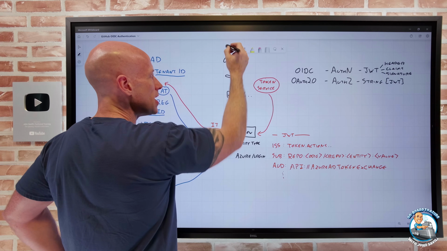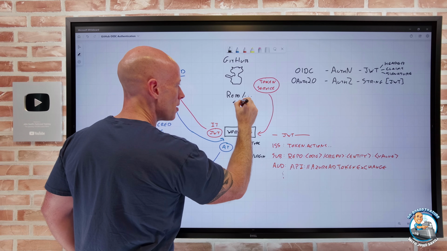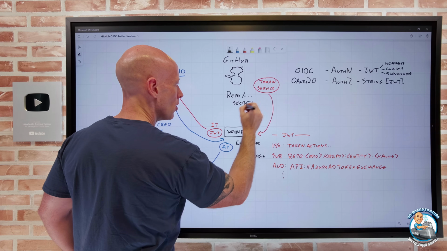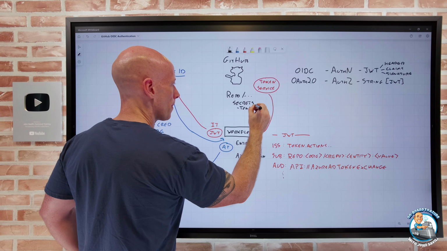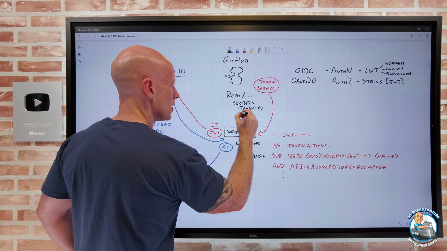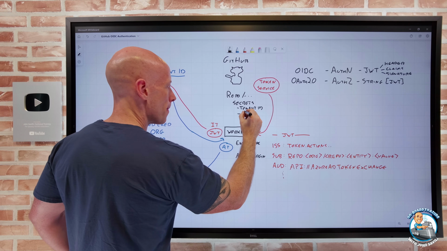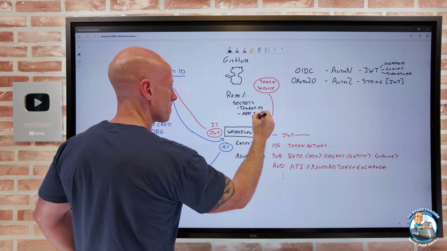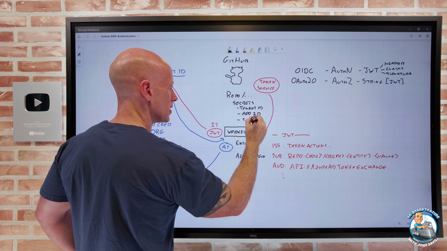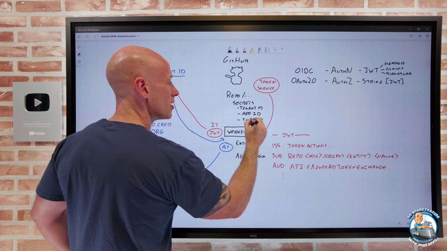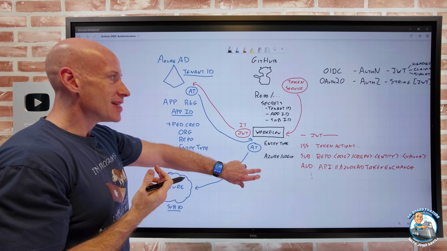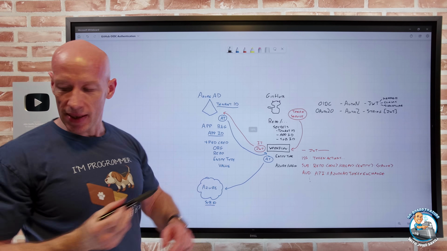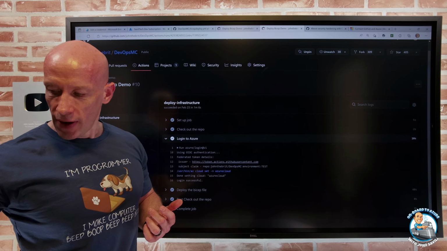So in my repo, I'll actually go and set up secrets for that tenant ID, the app ID, and the subscription ID. Now these could just be general repo secrets. They might be per environment if I was targeting that. There are different ways to actually configure this. But if I jump back over and look,